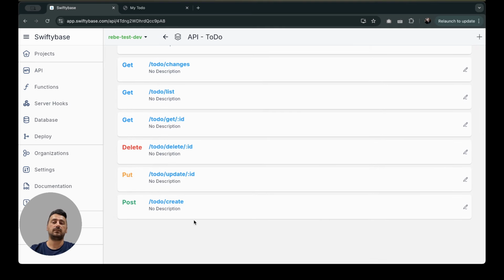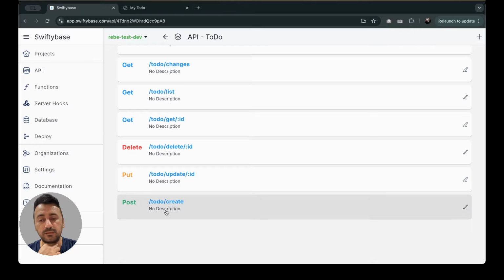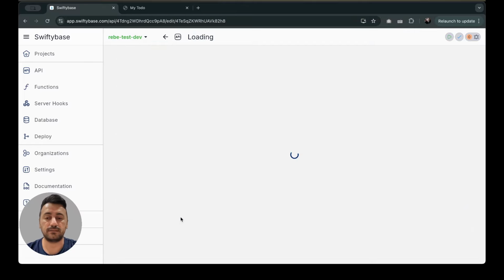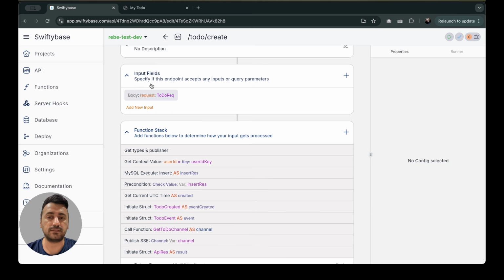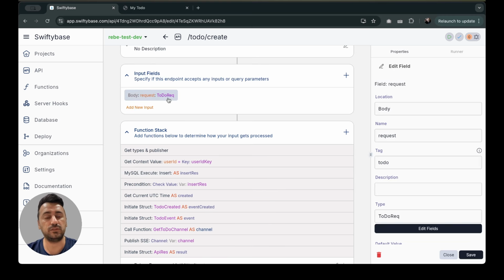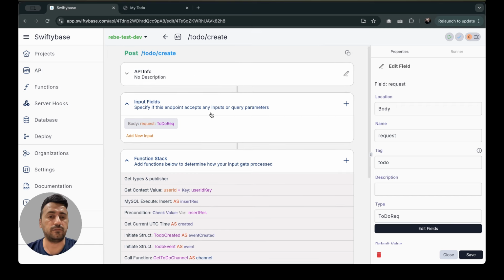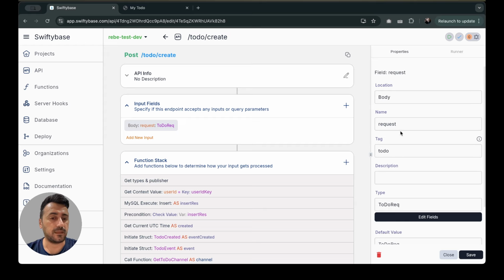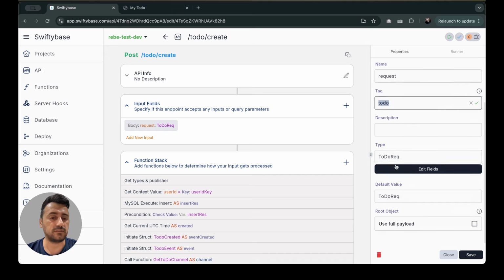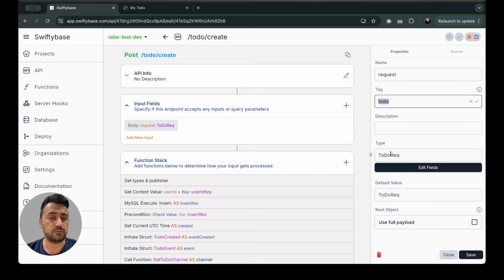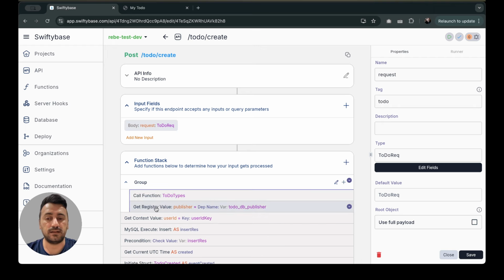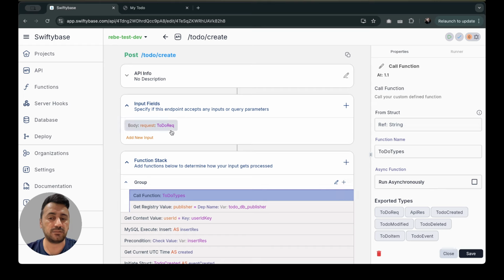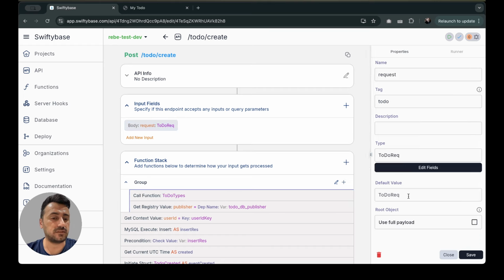If we see the create endpoint, first we define the field that we need to get from the front end. This is a post endpoint, so we define it inside the body. We have a field to-do, and the type of this field is a to-do request. This to-do request is a type that we created from this function to-do types, and we use this type,